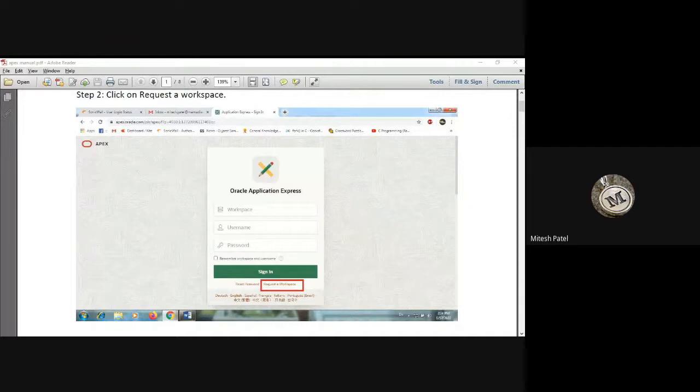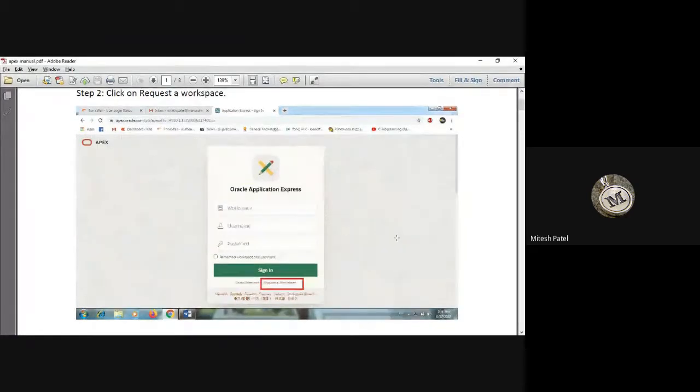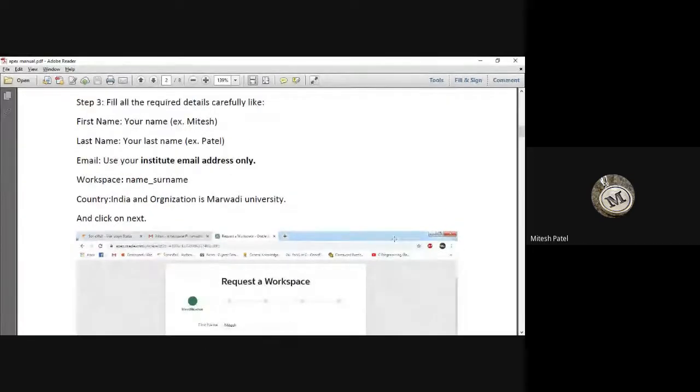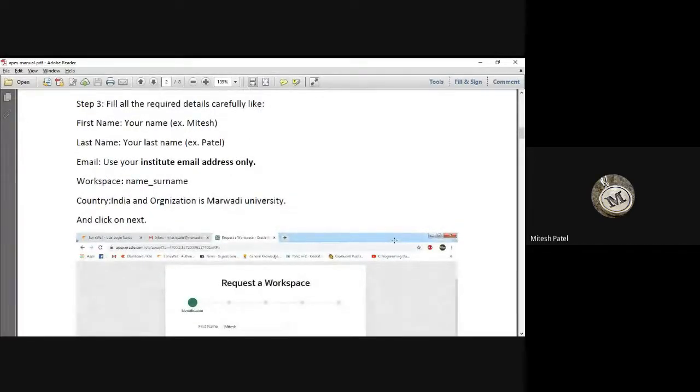Those who are doing it from the e-content Apex manual, once you have done this Apex account according to the PDF, if you reach step number 12, then put a message into the chat, done sir. Okay. Step number 3, fill all the details carefully and use institute email ID only.